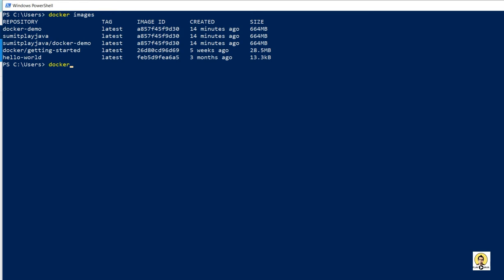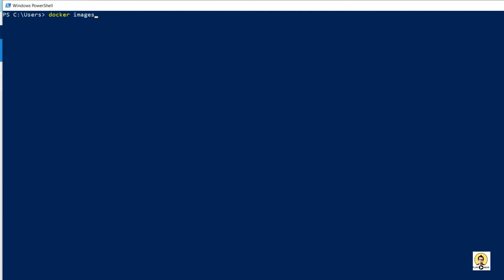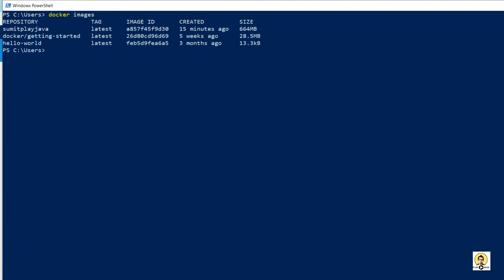I will write rmi to remove the image, and just provide the same tag to delete this image, rmi this, and after that this also. So both will be removed one after another. Click enter. See, these both have been removed. Now again, if I clear the console and see the images, these both are gone.